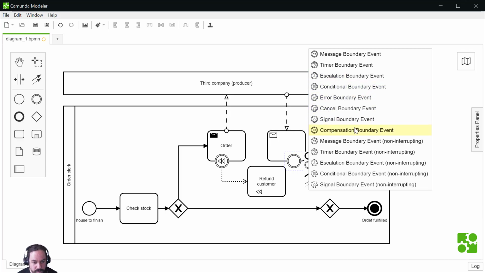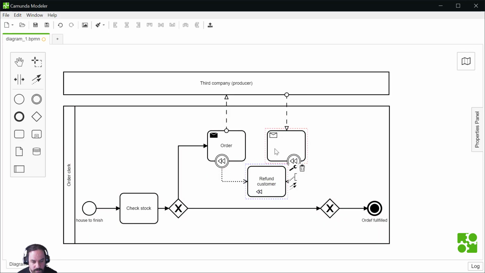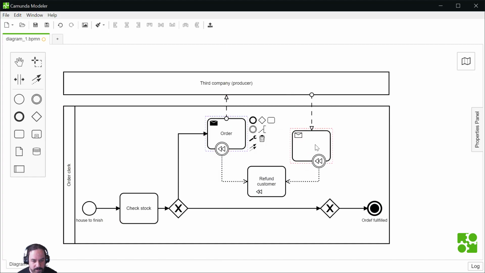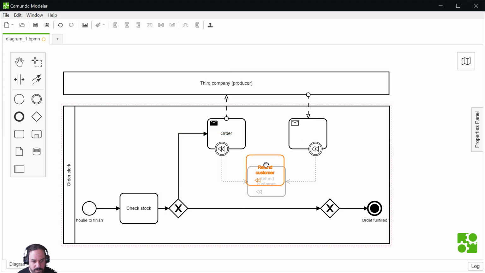I'm looking for the rewind stuff. Voila. And now you are basically telling that if I resave the order and there is something wrong when I resave it, I will refund the customer. That could be the items that are broken or something like that, and in that case we want to refund the customer,